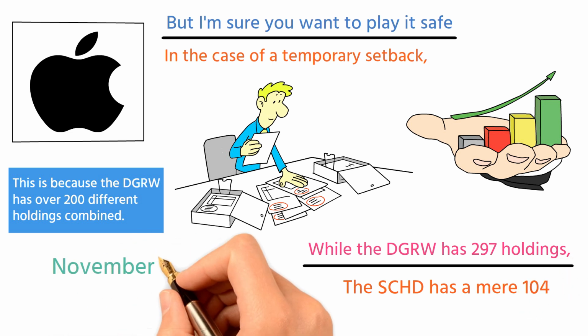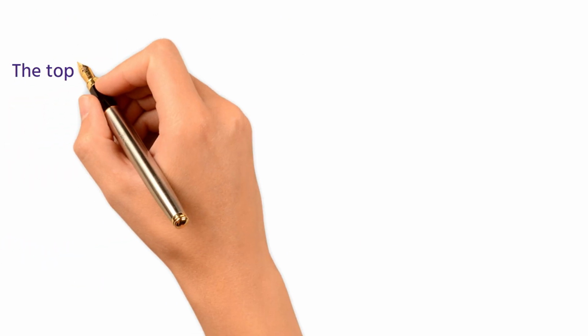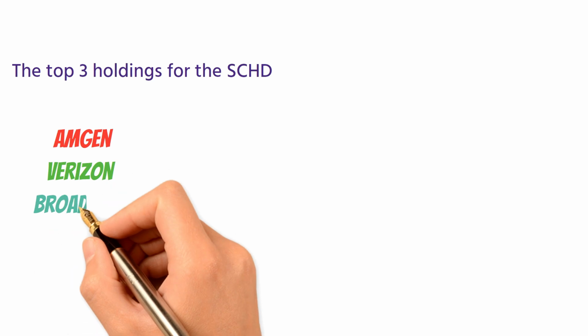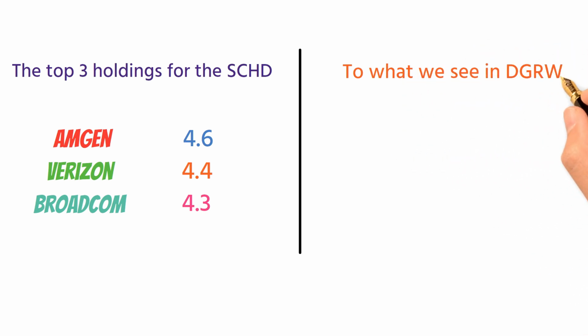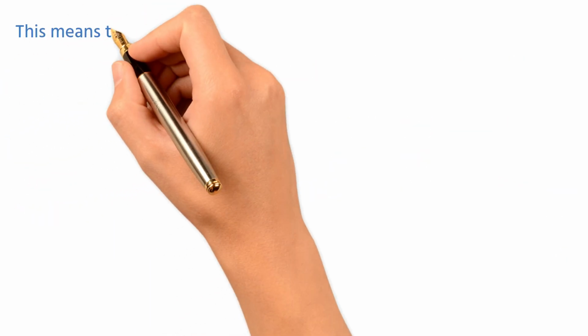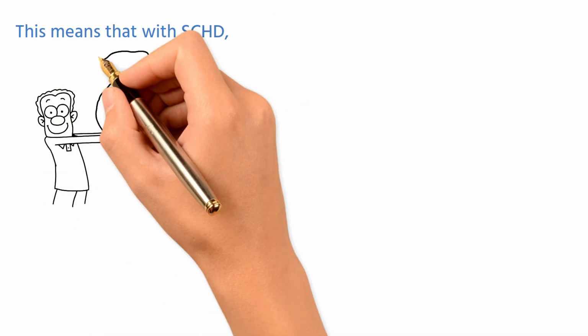Also, considering the top holdings as of November 2023, there are significant differences. The top 3 holdings for the SCHD are Amgen, Verizon, and Broadcom. Each of these hold a weight of 4.6, 4.4, and 4.3 respectively. Now, that's a huge letdown compared to what we see in DGRW, where Microsoft, Apple, and Broadcom carry weights of 9.6, 6.0, and 3.7 respectively. This means that with SCHD, the index fund shares the overall investments almost evenly across all